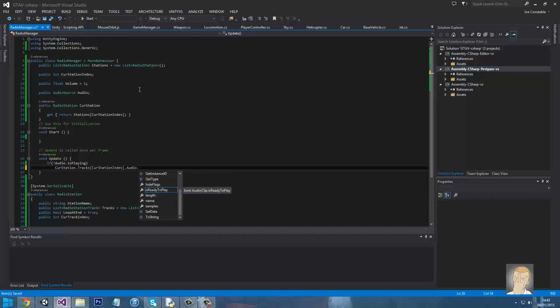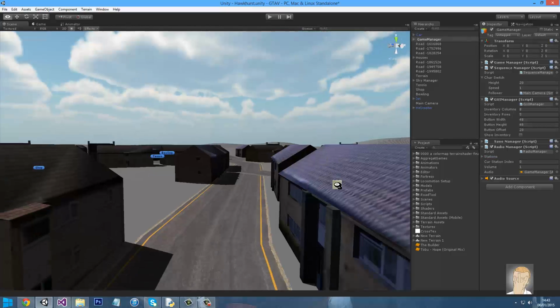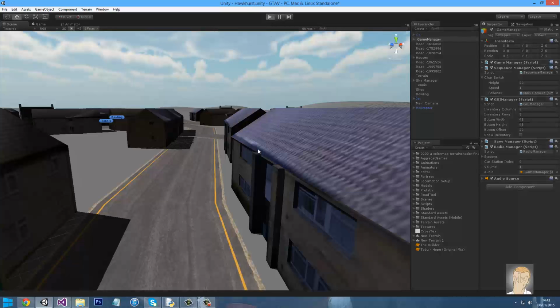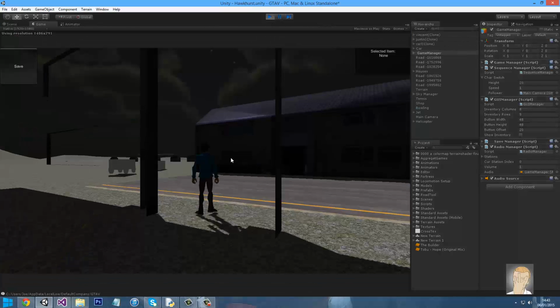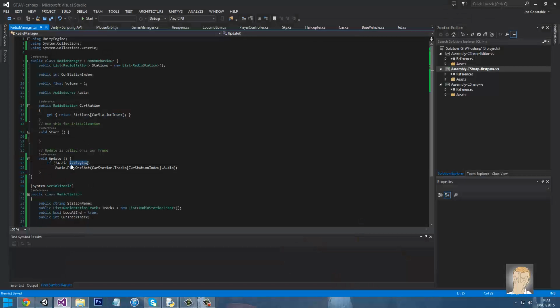Rather, what am I on about? We need to go audio.PlayOneShot and then the audio clip. So that will play the audio clip once for our first one. If I just play, sorry if it's really loud. Right, so it continues to play. For some reason it plays even afterwards. So what we actually need to do is just go,